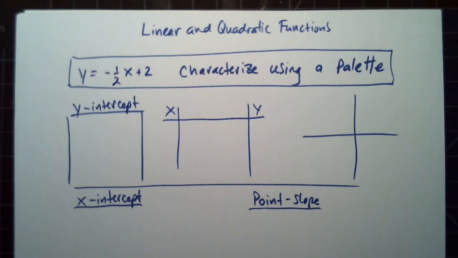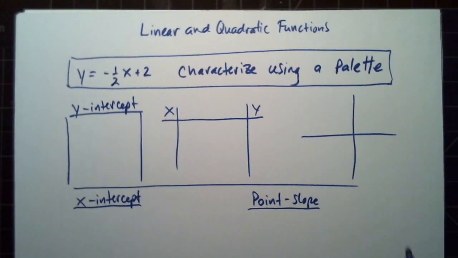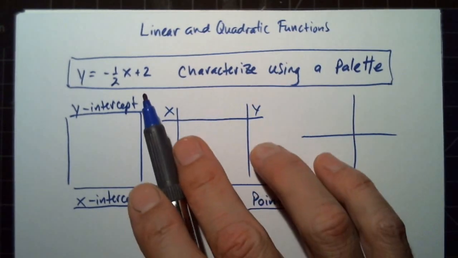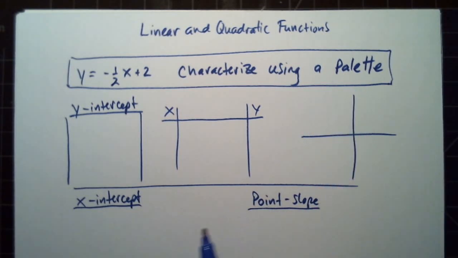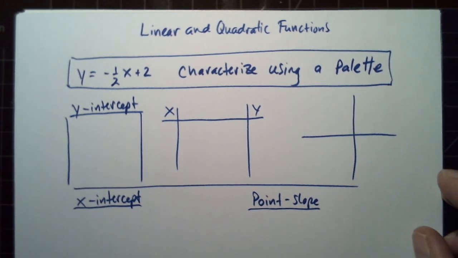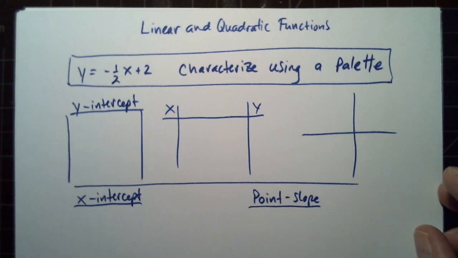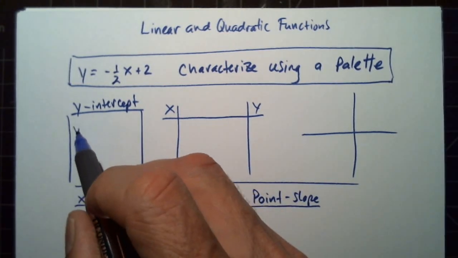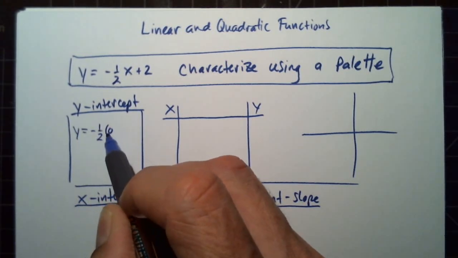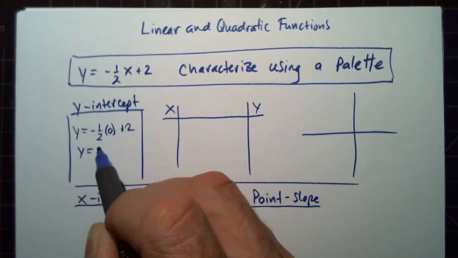In this lesson we will review linear and quadratic functions and just look at all the characteristics we can use for each of them. So characterize the function using a palette, and I just named this the palette because it has all the characteristics, and then if you have all of these available you can use whichever one is the most efficient for solving any problem. So the y-intercept, that's when the x value is 0,